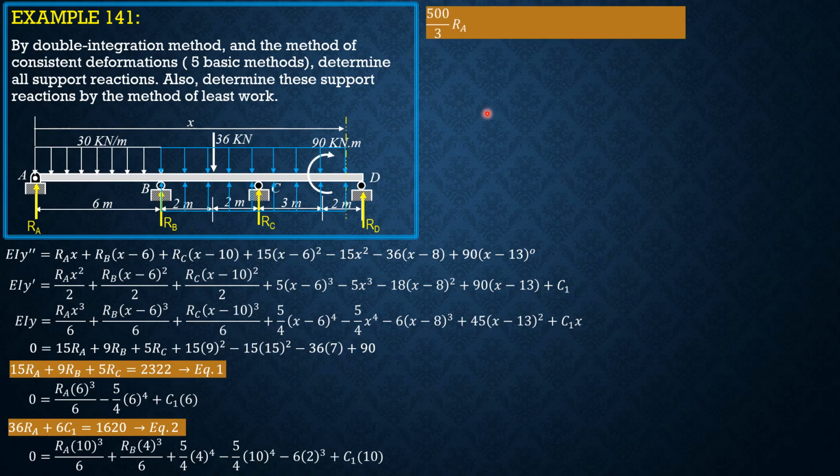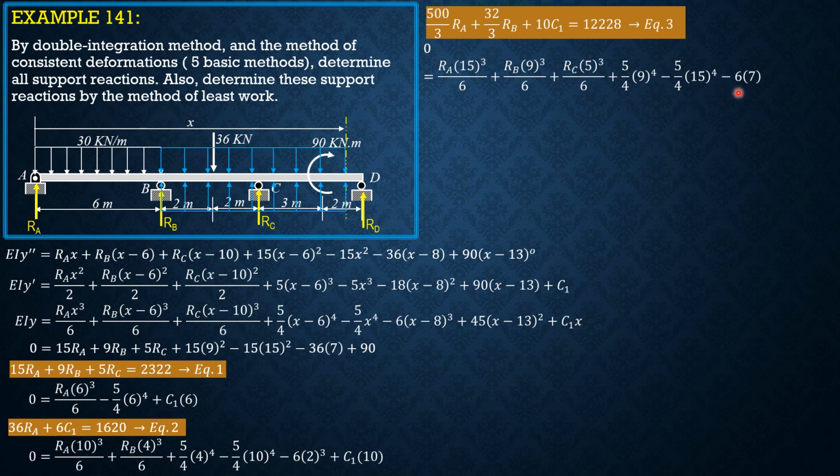Simplifying, 500 over 3 RA plus 32 over 3 R sub B plus 10 C sub 1 equals 12228. Call that equation 3. Then when x is 15, y is 0 into this equation. So 0 equals RA 15 cubed over 6 plus RB 9 cubed over 6 plus RC 5 cubed over 6 plus 5 fourths 9 to the 4th minus 5 fourths 15 to the 4th minus 6 times 7 cubed plus 45 times 2 squared, then plus C